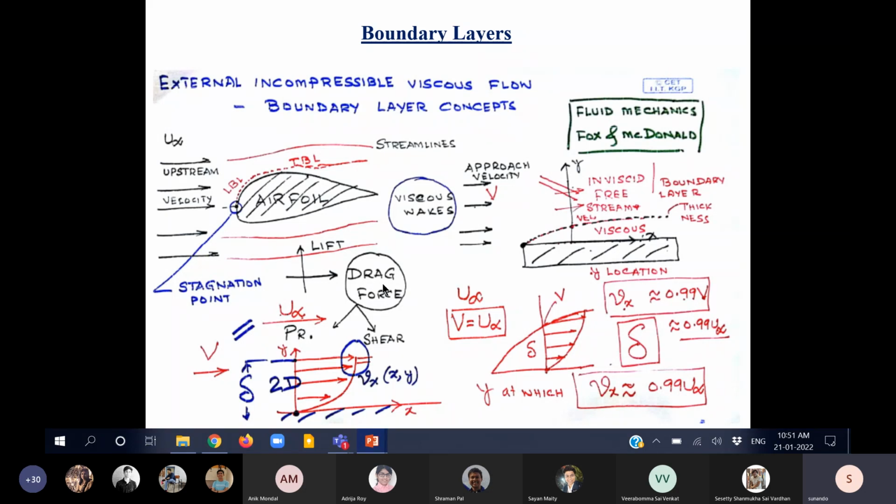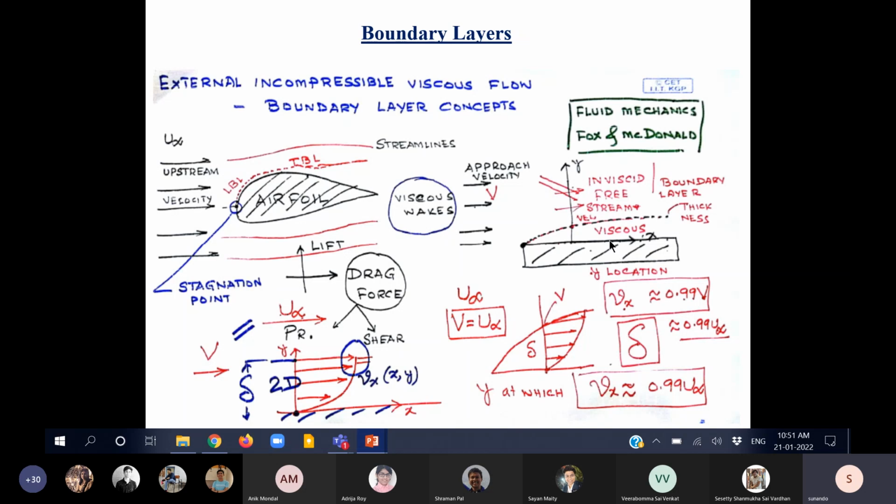And when we talk about drag, there are two types of drag. One is the one which is parallel to the direction of flow, which is known as friction drag. And there is going to be another component which lifts the airfoil, as we already know. So there could be a lift force and the friction drag. We will talk about the friction drag more in this course. But let's come back to our